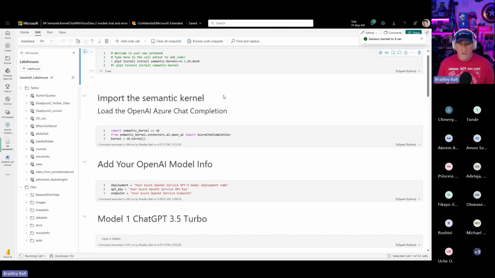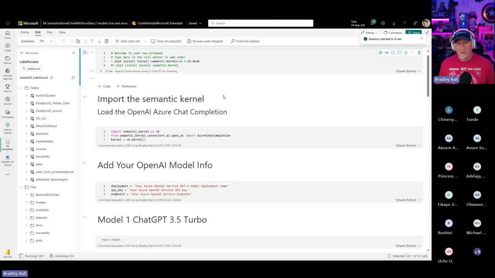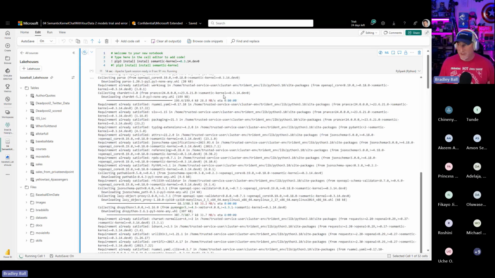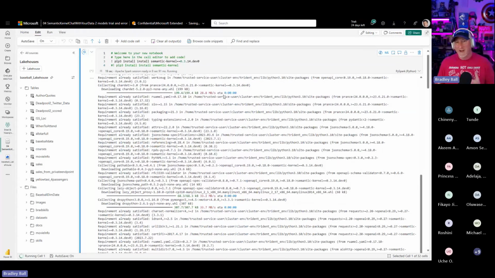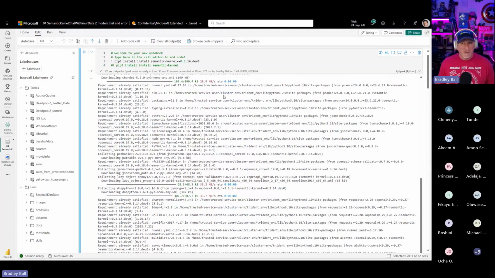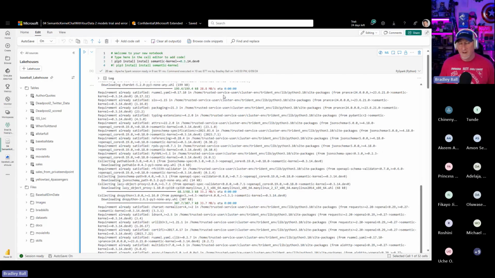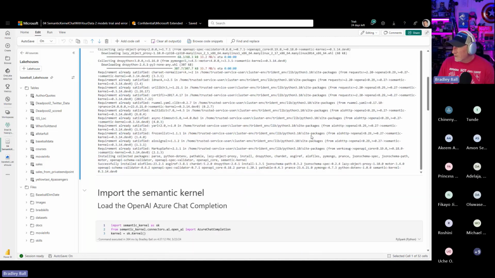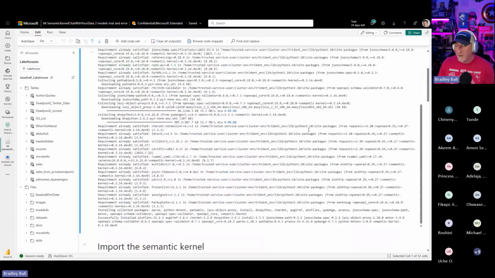The semantic kernel is open source, but it's something that we have built over at Microsoft. And the semantic kernel allows us to send LLM information as well as data over to it, to be able to ask questions of LLM models. Essentially, we're going to create a co-pilot chat kind of system where we can ask questions about data and we can get some answers back. So I'm going to also, you've probably heard a lot about tokens and AI models, right?